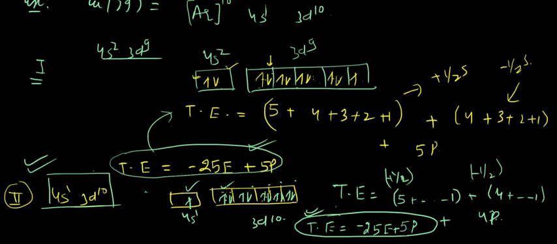So now the total energy in the case of 4s2 3d9 is again minus 25e plus 5p, and the total energy here is again minus 25e plus 5p. So how do we compare? In these cases, when we have the same aggregated value for the total energy, the stability of the electronic configuration is decided by the second factor, which is symmetrical distribution, or equal distribution of electron density along the x, y and z directions. In this case, as you can see, it is more symmetrical than this, hence this would be more stable. Okay, so just write it again over here,